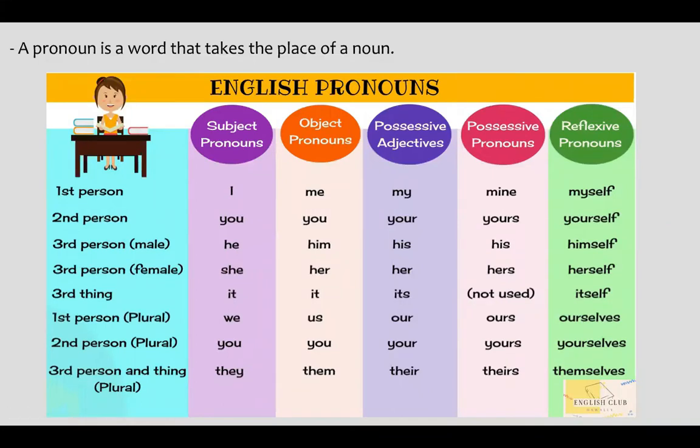First of all, when I want to talk about myself, okay, so as Yasmin, I'm one person and it's me. So I would say, I love music. So I'm using I as a pronoun. And then if I want to say, for example, me and my sister went for walking. So here I'm using me as a pronoun.